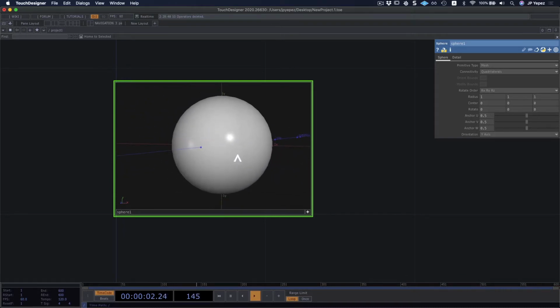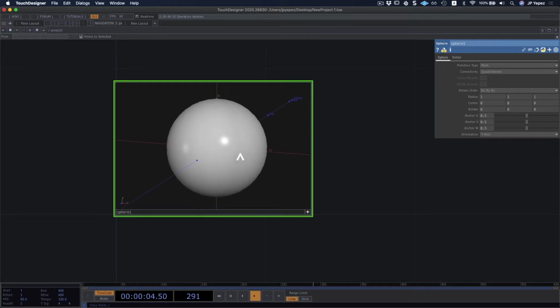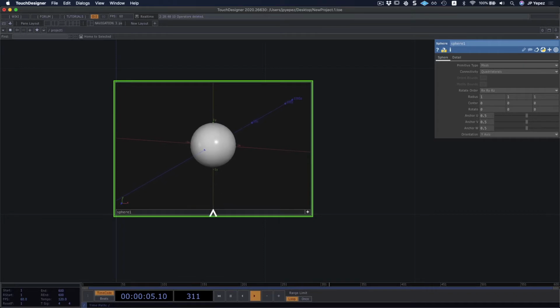In fact, we can navigate by rotating and orbiting using our left mouse click. We can drag up and down to translate in space, and we can move up or down, left or right. And then we can use the middle mouse click to drag and zoom in or out, which is useful.